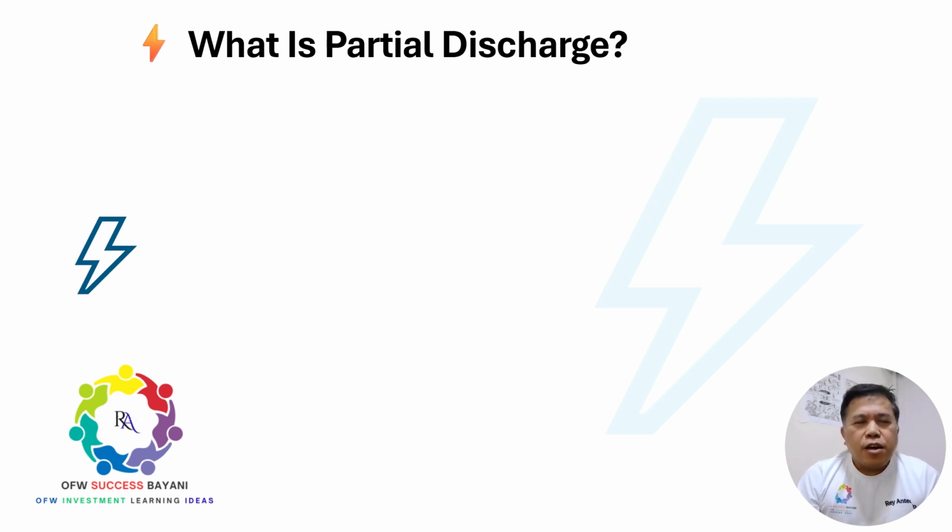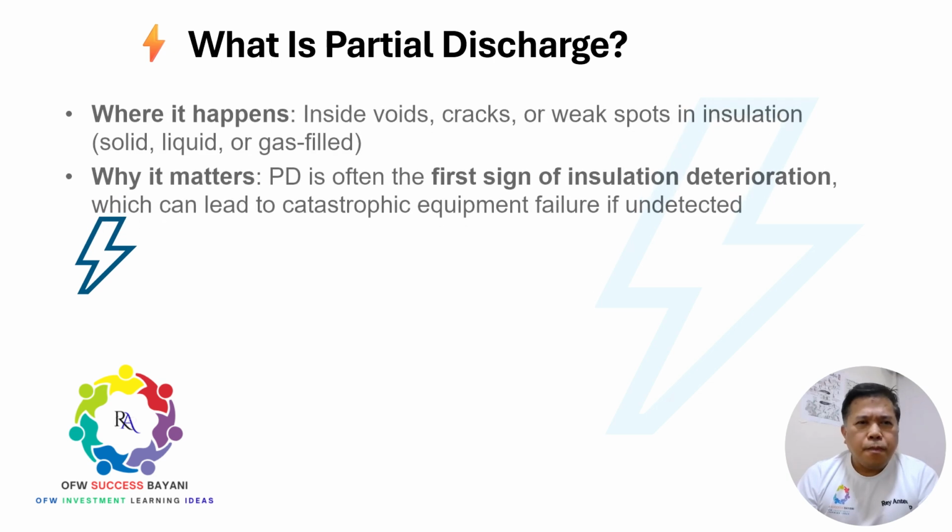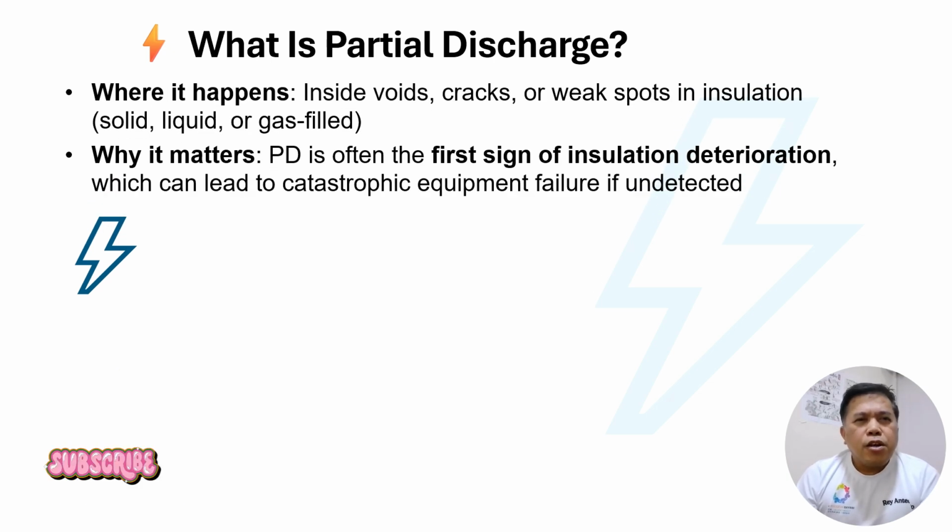Today our topic is: what is partial discharge? So let me go through and read this. It happens inside voids, cracks, or weak spots of insulation, whether solid, liquid, or gas filled. Why does it matter? Partial discharge is often the first sign of insulation deterioration, which can lead to catastrophic equipment failure